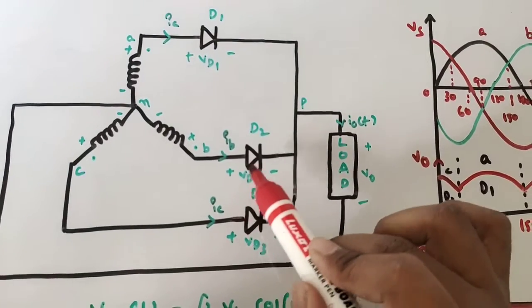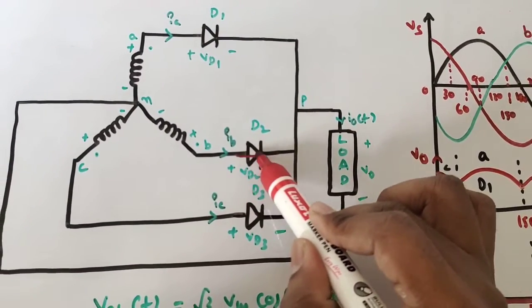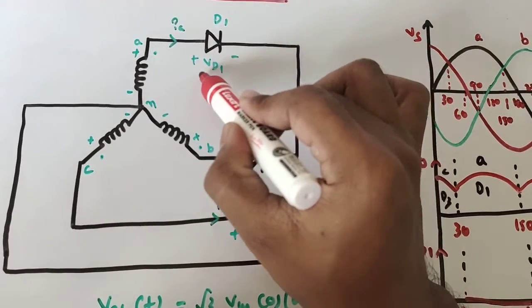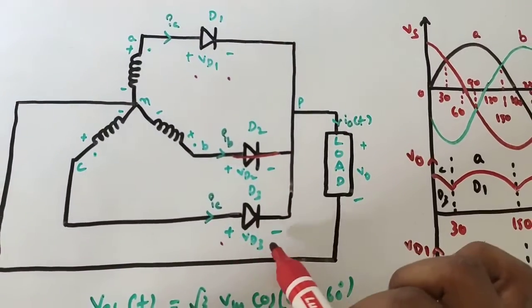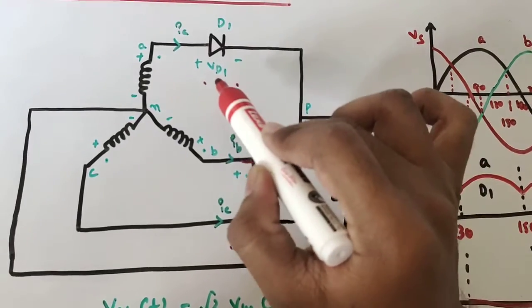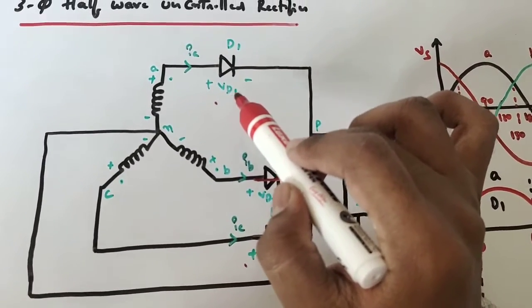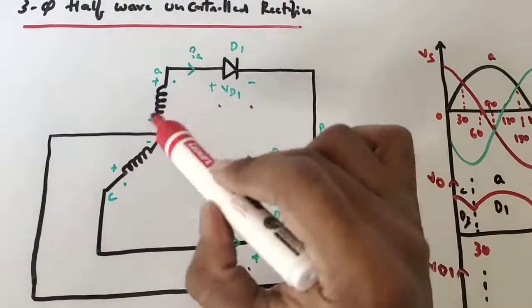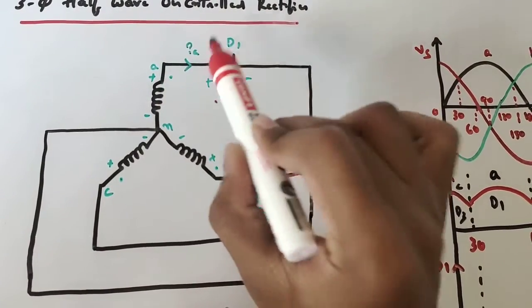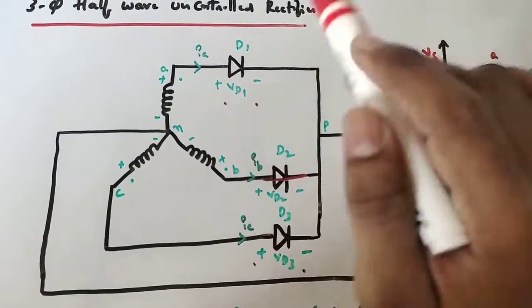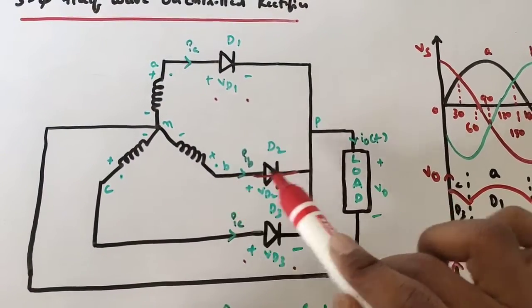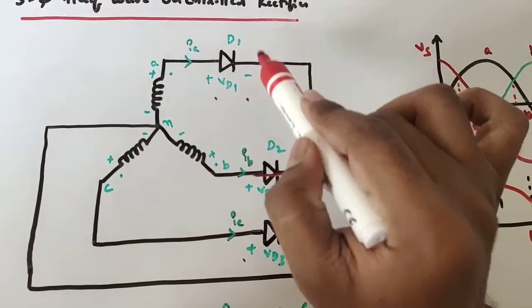So D2 is going to be conducting, in the sense that it is going to be short circuited like this, and the remaining two are open circuited. Understood? Please imagine these two as open circuited. Now see, this A is connected over here up to this point, and as D2 is short circuited, this B phase has been connected over to this particular point.